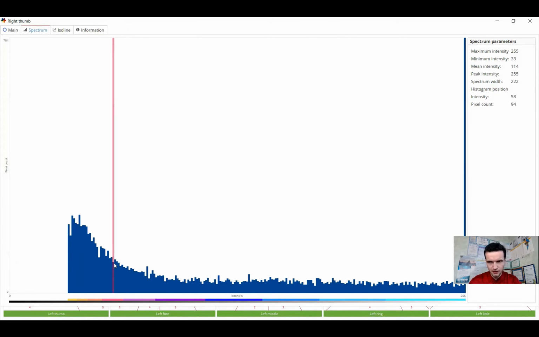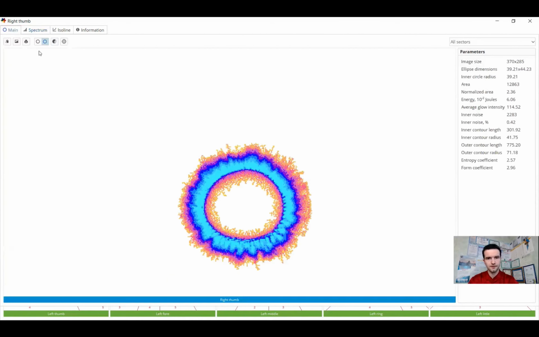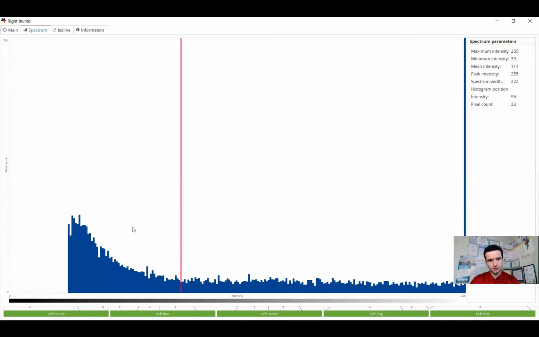So, for example, we can point at any intensity, and on the right side of the screen, we will see the number of pixels of such intensity. For example, in this case, there is intensity 61, and there are 93 pixels of this intensity on the image that we're looking at. This image and this spectrum is innate for Biowell 1,